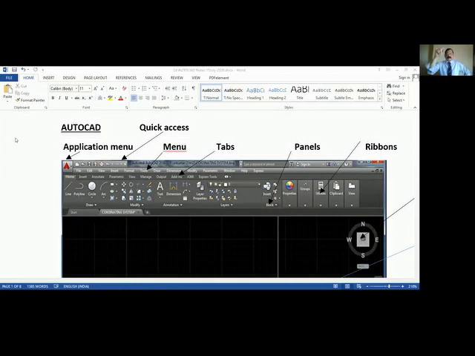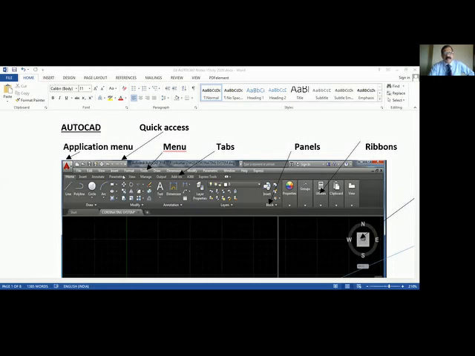Draw a big rectangle and approximately mark at the top there. So when you open this, the menu bar will not be there. To open that one, you have to switch on the quick access menu, this arrow, and make the menu bar on, show menu bar. Then only it will come.